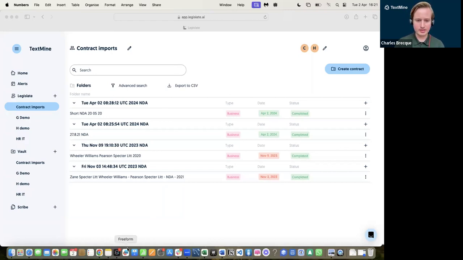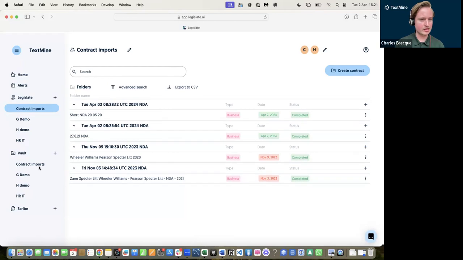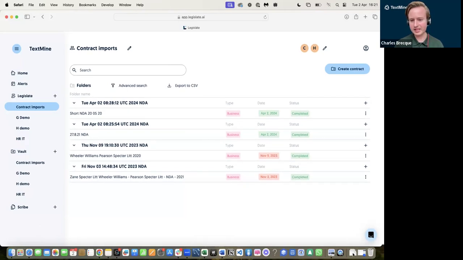Great. And I guess in terms of the rest of the platform, there's additional functionality, but as today's presentation is focused on document data extraction, I will leave it there.